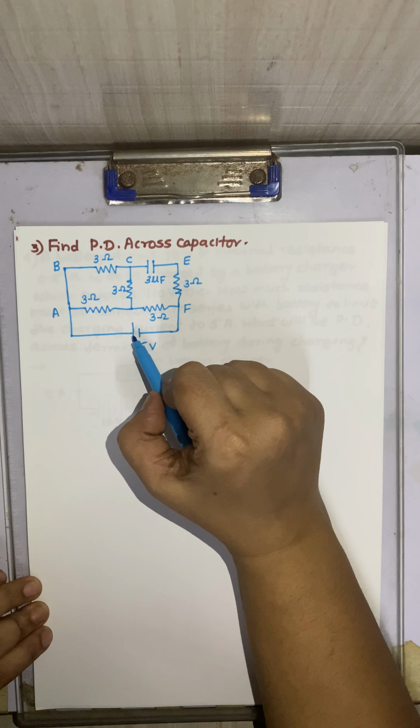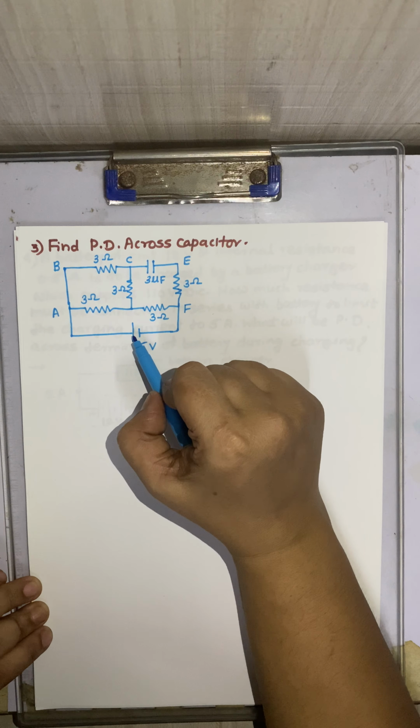So the equivalent circuit, after removing this CEF branch, I can draw here. This is the battery and this is the connection. This is F now, this is as it is 3 ohm, this is C, this is B. Now we are going to consider the current. As this is a battery having 15 volt, I will consider that the main current I is flowing through this branch up to A.